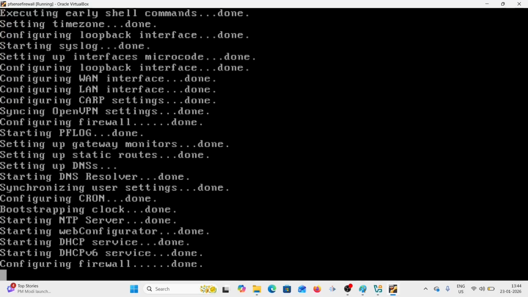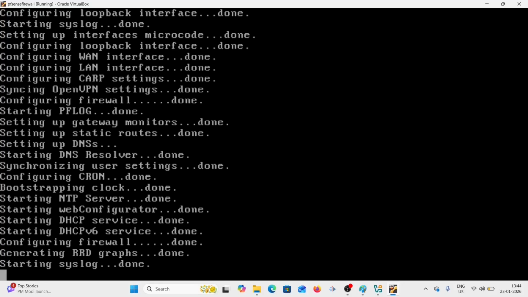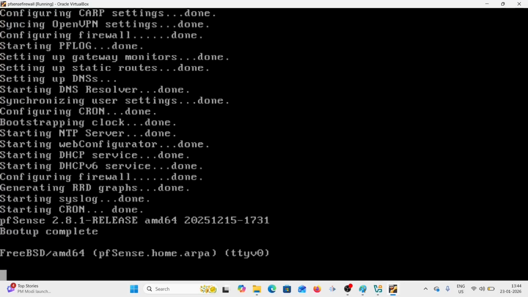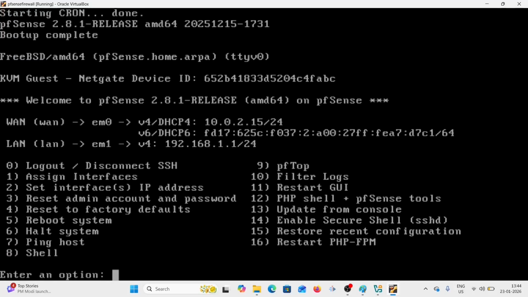Now pfSense Firewall provides you a web-based interface. So normally you don't have to do anything from the screen. Once you get these options, it means pfSense Firewall is installed properly. Now the first thing that you have to find out is what is the WAN address. So here make sure that your WAN interface has got some IP address, and similarly the LAN IP address will be by default